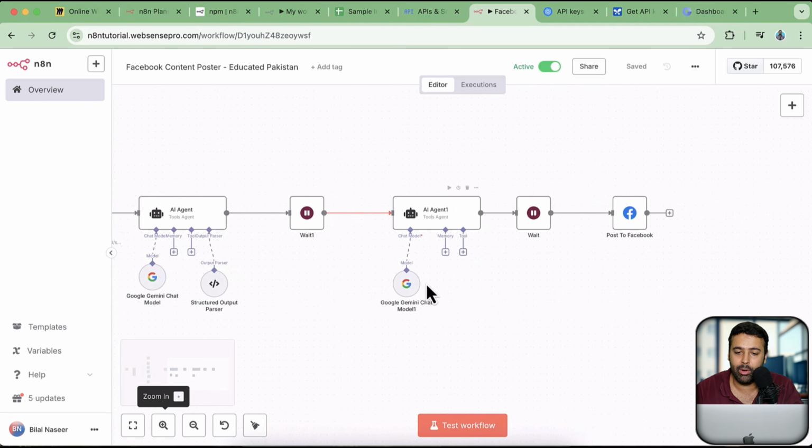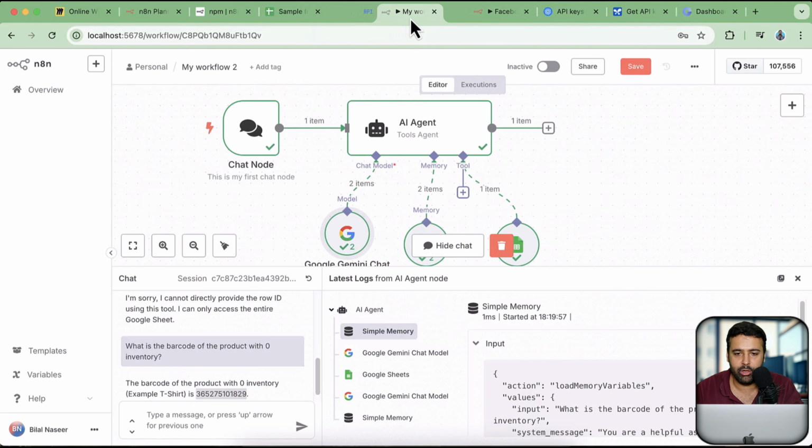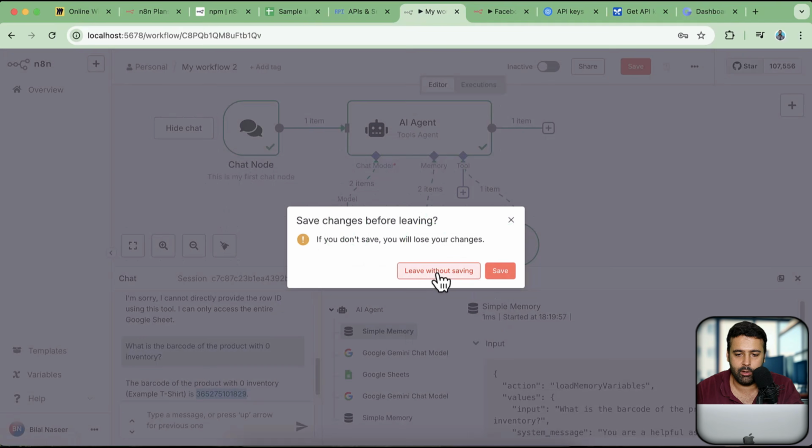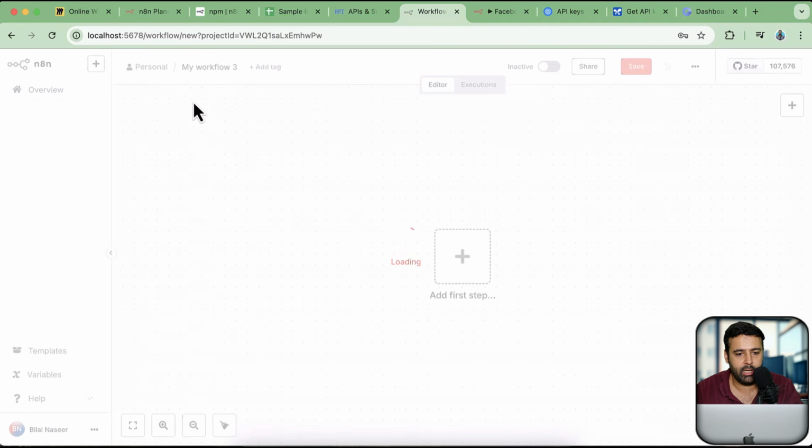Then we will pass it on to another AI agent, which will create new unique content and then post it to Facebook. Okay, now let's start creating that. I am going to create that on my new workflow. Let's leave without saving on this workflow and create a new workflow. I am going to name it